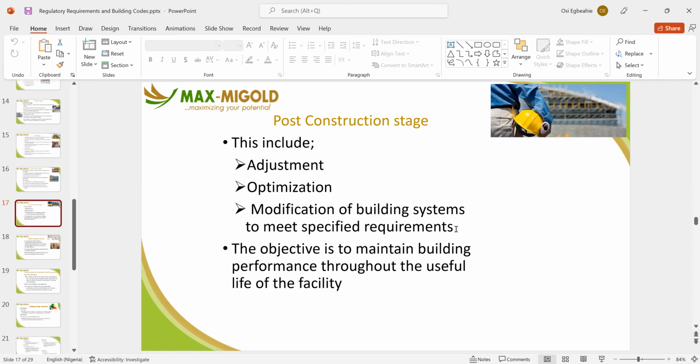And that's why normally, immediately after construction, the contractor is required to produce what we call as-built drawings. The as-built drawings give the final interpretation of what is standing at the building, because during the construction stage, some things might have been added. Those things that are added may slightly be different from what was initially designed. So by the time you capture it into the as-built drawings, you will now be able to say, okay, this drawing captures exactly what was done.